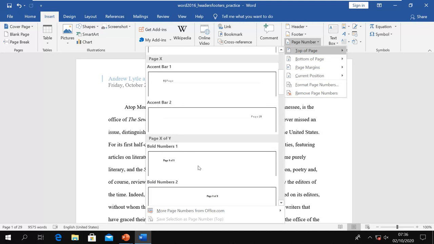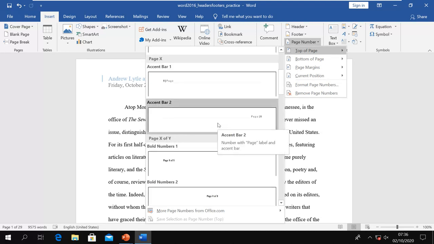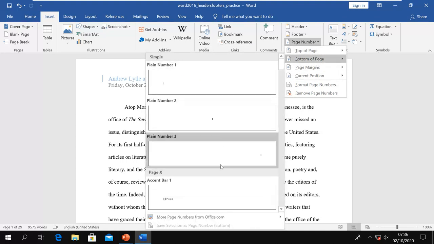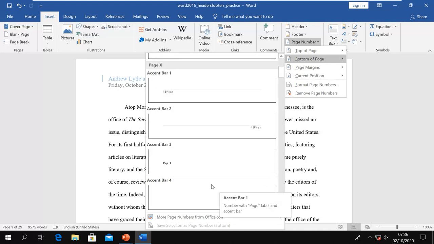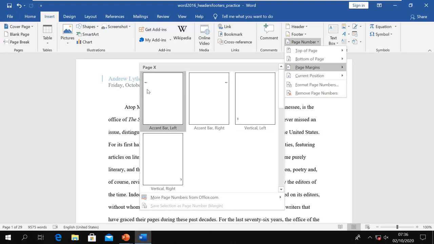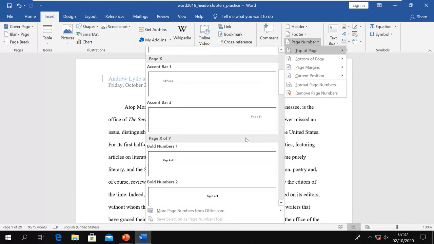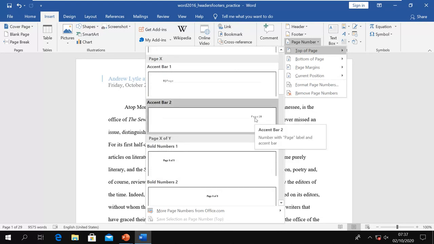And if you go for bottom, it is the same, you have it at the bottom, that means footer. If you go for margin, you can see left margin, right margin, left bottom, right bottom, you can choose from. I will go for top, and I am going for this side.